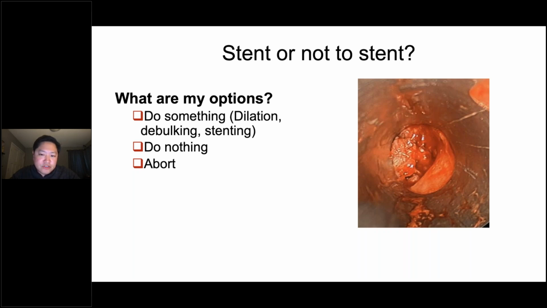If there's really nothing you can do and there's nothing you can open up, for example, if there's a left main obstruction and you can get around the mass, but there's really nothing distally that you can find, then it's not beneficial to open up the left main stem.